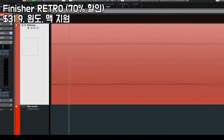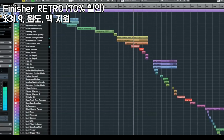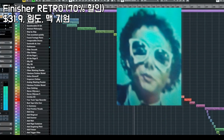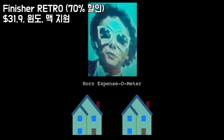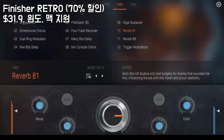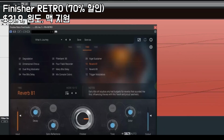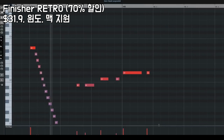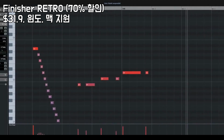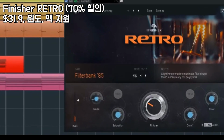On the other hand, I want this rattling digital wave to be really big and wide. Trevor Horn style, big fan. Such rattling digi-synths were often used in the 80s, but what people often forget is that masters like Mr. Horn usually ran them through super fancy effect units that cost a house or two. So we could use an early 80s reverb. Slightly gritty due to its early 80s converter resolution, but don't think Finisher Retro does just lo-fi verbs. For the history tour to be accurate, obviously there's also an advanced late 80s variant. Big and hi-fi through and through. For that same contrast, but the other way around, I could filter this bright synth, either with a nice and smooth filter reminiscent of those big 80s polysynths,